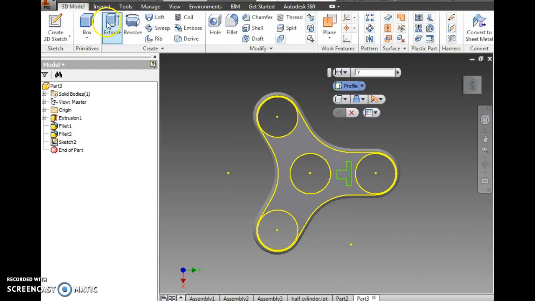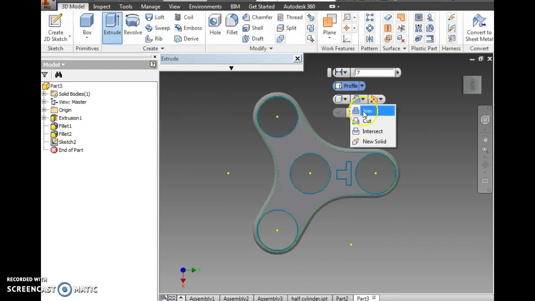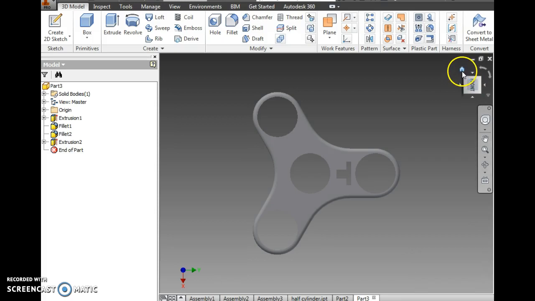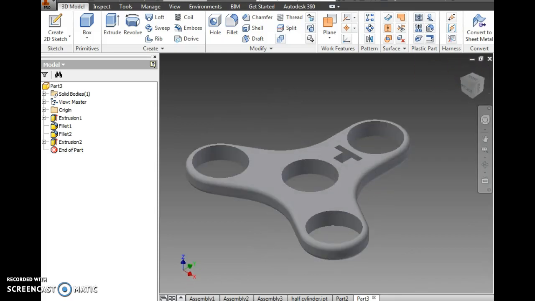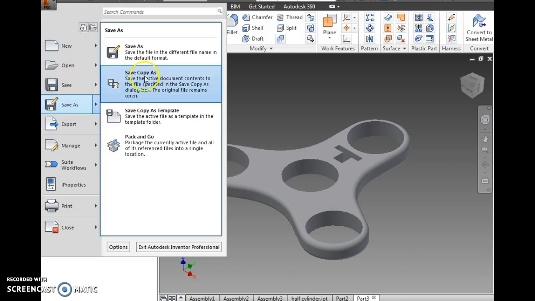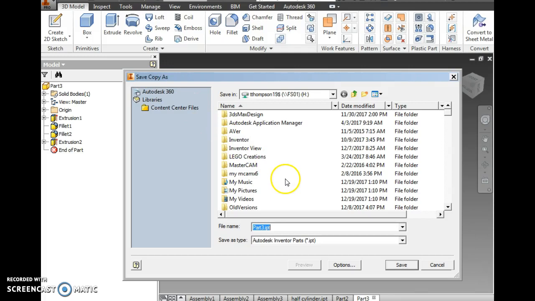I'm going to go to extrude. I'm going to change that setting to cut and click only the T. Alright, so I have a T that goes all the way through it. I'm going to go to the big red eye. I'm going to hover over Save As. I'm going to save Copy As. I'm going to save it as a type,